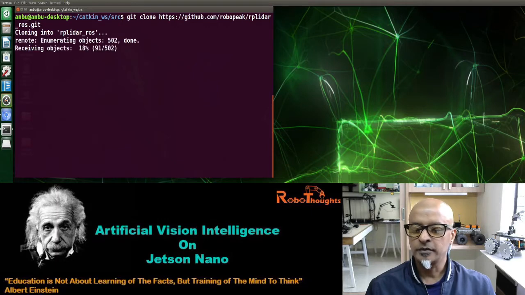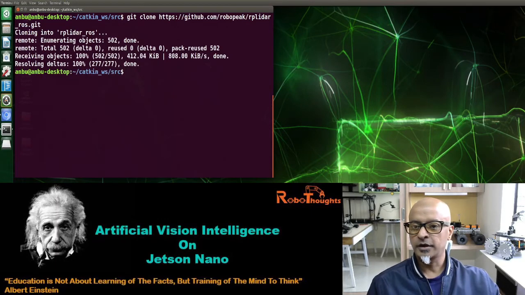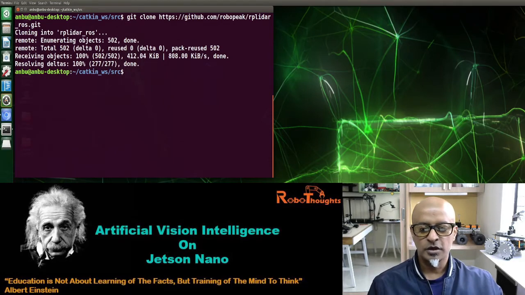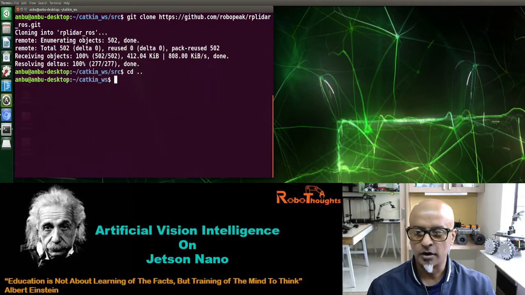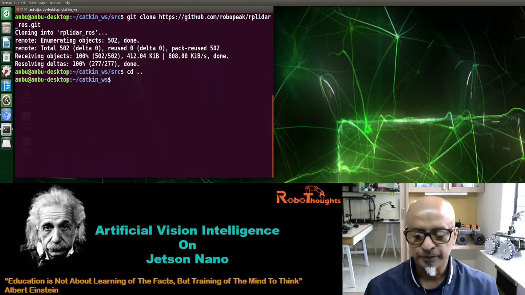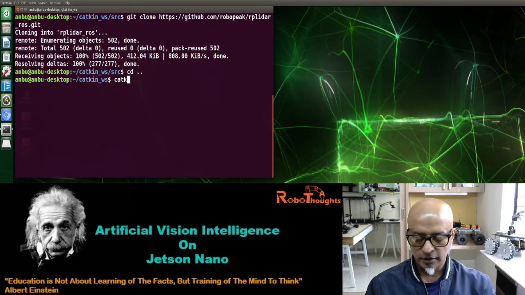Okay, it's cloning. Let it run. It's cloned. Now we need to compile this. Let's get into that folder, cd ..., and we are in the workspace again, and now catkin